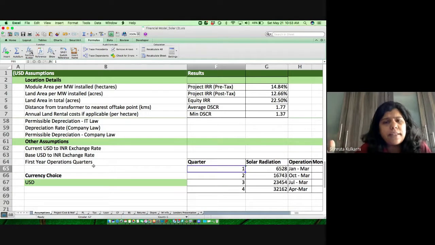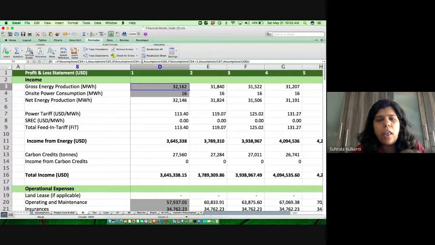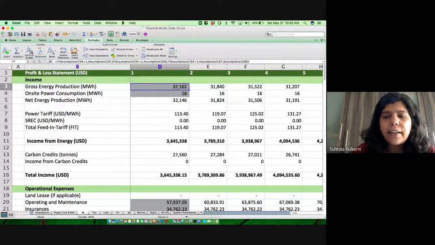Or if it is shoe manufacturing, where it doesn't depend upon the season, you can take it quarter-wise also. So if it is 1 quarter, I'm going to use this. If it is 2 quarters, I'm going to use this. If it is 3 quarters, I'm going to use this. This is the IF loop that I'm using in the B&L: if assumption this, then this; otherwise, if assumption this, then this. This is how my entire first row is built, that is, what is my energy production based upon the quarters that I have.